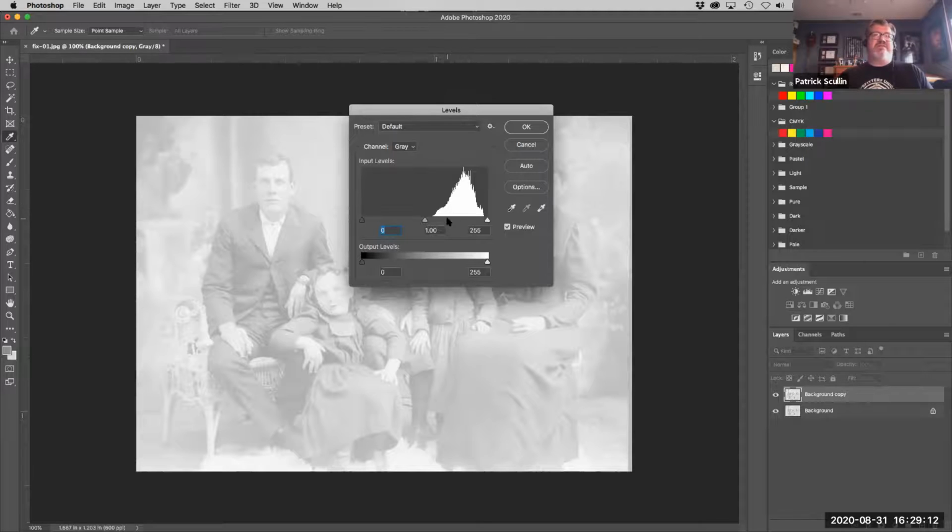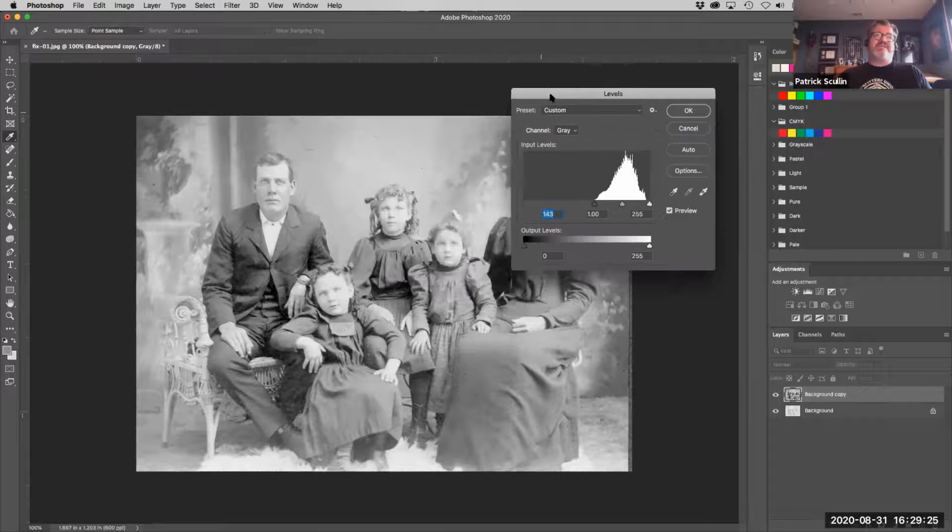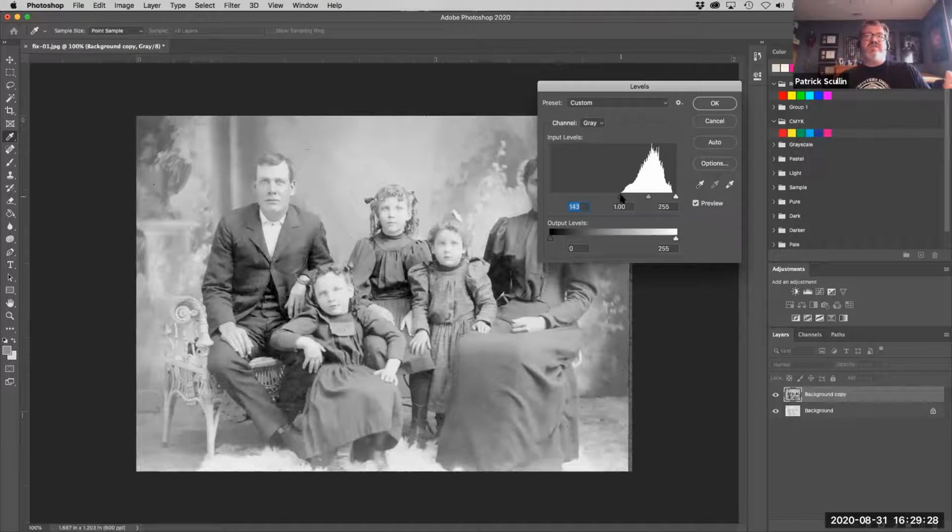So to fix that, you can actually just grab this little triangle and slide it over to the edge of the start of the little scale here. And basically what that does is it moves all the values darker, and it redistributes the remaining pixels between light and dark. And so one of the first things you can do with levels, if you ever have a faded picture, is go ahead and just redistribute the grayscale from dark to light onto the edge of the visible